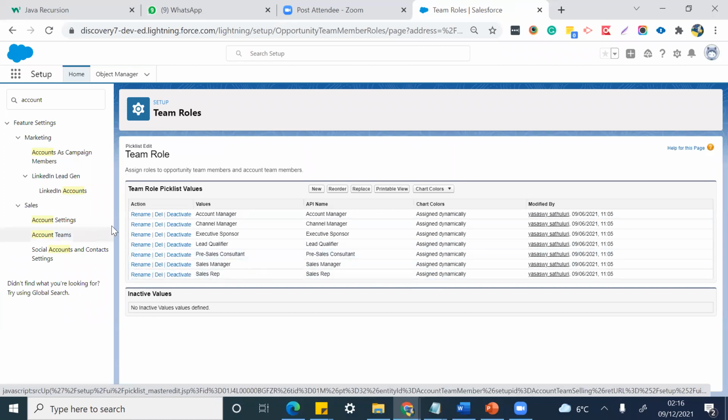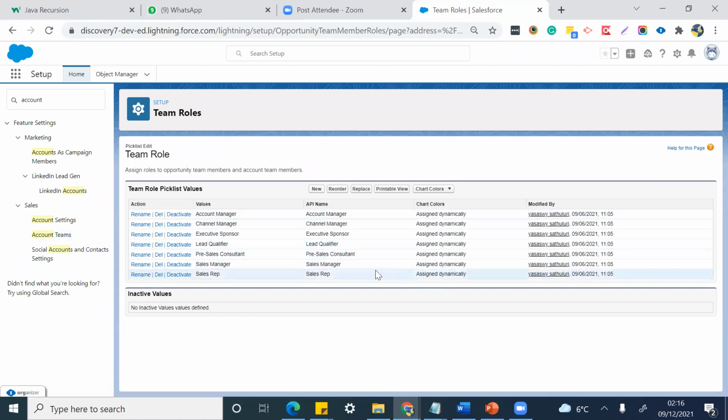I have created two users. One is a sales rep and one is, I think, an account manager, because I have created so many and I forgot. One is account manager, one is sales rep.